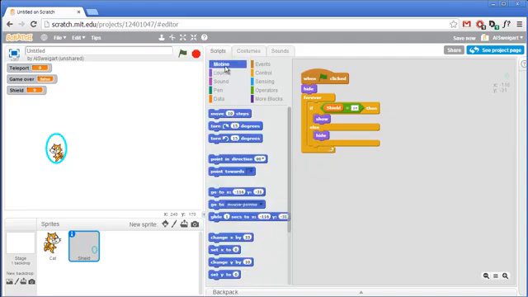And meanwhile, inside that forever loop, we'll also have the shield constantly updating its current position to where the cat is. So we'll add this go to cat block, and then also grab this turn to the right 15 degrees block. So even if it's hidden, the shield is still following the cat around and rotating. So let's try this out. I'll click on the green flag,